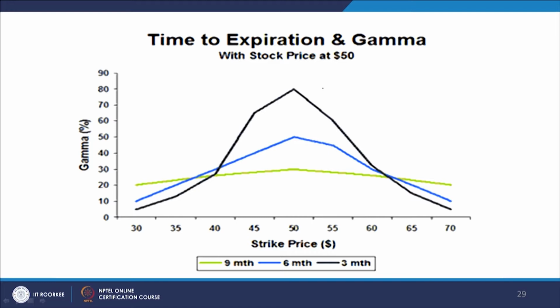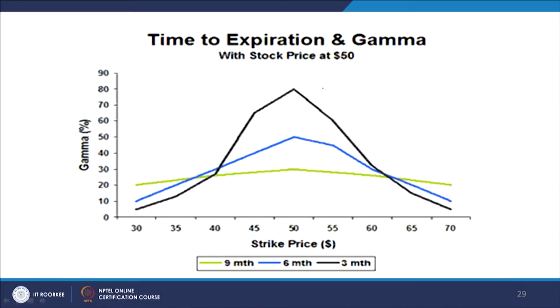So, this is the closest to expiration, and this is having the highest gamma, as we have discussed just now, and it is having the highest gamma towards the exercise price. Therefore, it is at the money. So, at the money options tend to have the highest gamma, and as you can see, even in this case, as the stock price moves away from the exercise price, the gamma tends to fall. In fact, that is true for all the 3 cases, as you can see in this diagram.